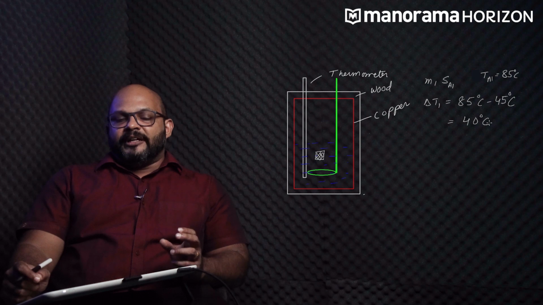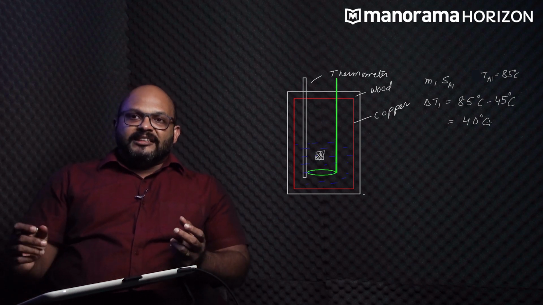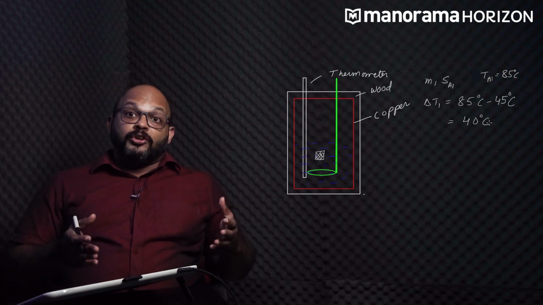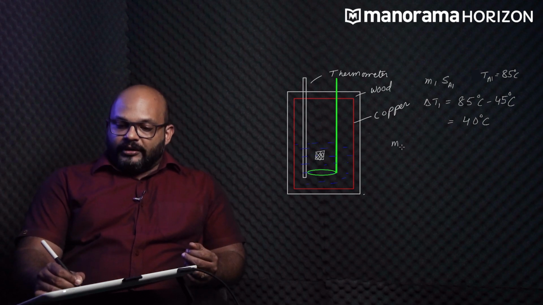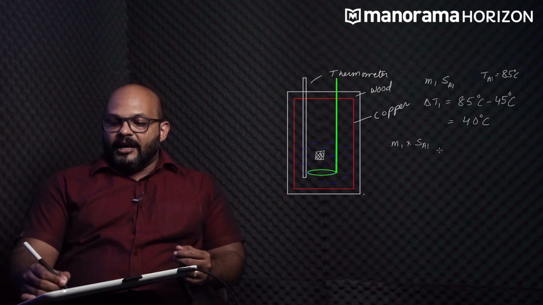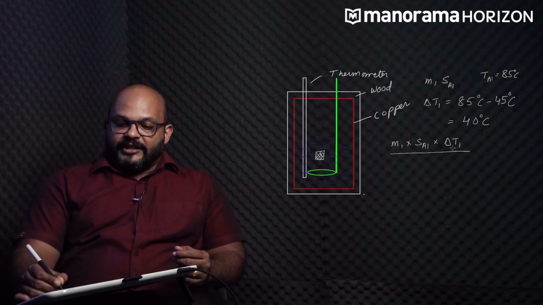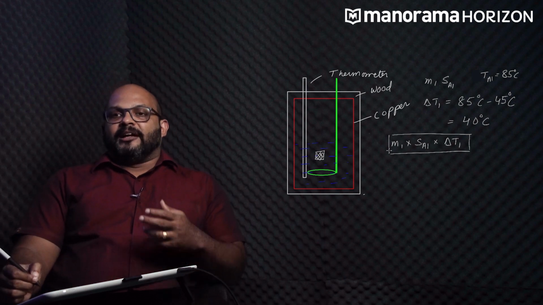We understand that when a material is losing heat energy, its temperature goes down, and this energy is being gained by the surroundings. So how do we find out the heat lost by the aluminum? Well, that would be equal to M1 multiplied by the specific heat of aluminum, that is SAL, multiplied by its change in temperature, that is delta T1. So this tells us how much energy is being lost by the aluminum